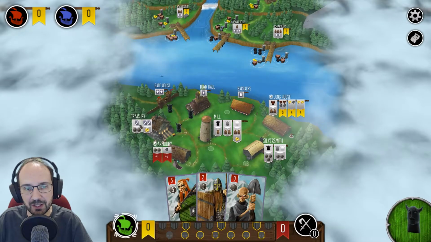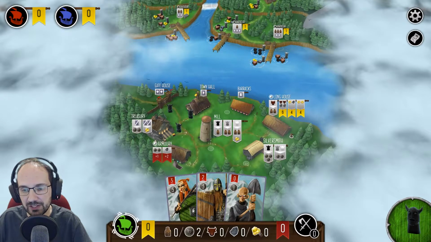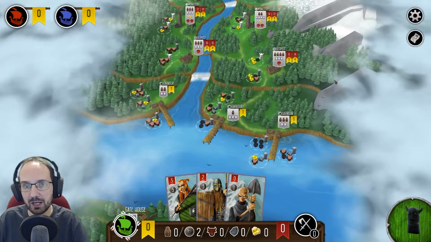Treasury, we can go there to either trash 1 card in exchange for $2 or trash 2 cards in exchange for 1 gold. So gold is another resource down here. It's worth 1 victory point at the end of the game, and it's also used to make offerings, which I'll talk about in a second, and is also a requirement to raid